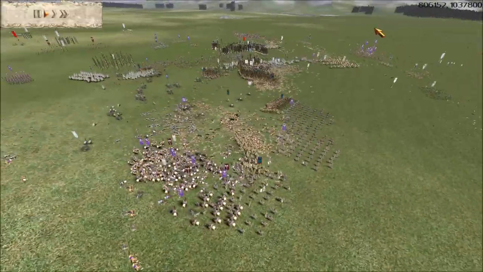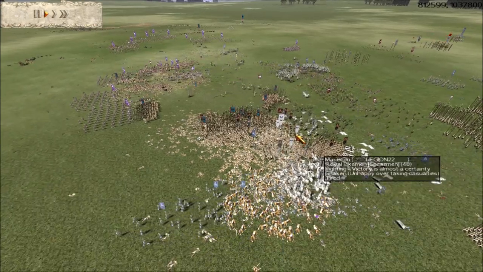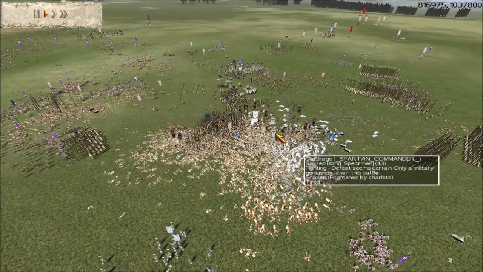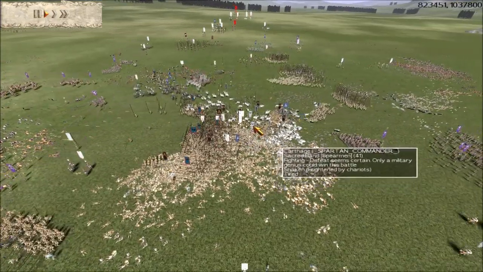Okay, I think my general's just been taken out there now. So as you can see, most of my Carthage Sacred Band spearmen have now been taken out. But I've done what I wanted to do really. I've held and pinned those Macedon pikemen. I've caused a heck of a lot of casualties, I hope, to them, allowing my allies to target them now